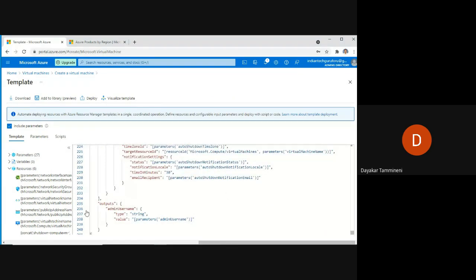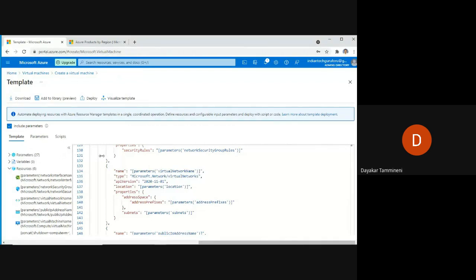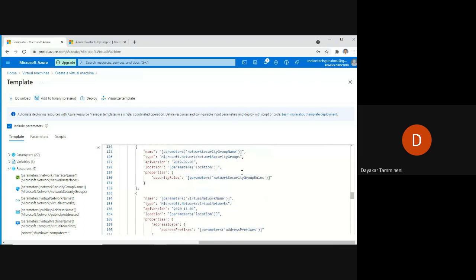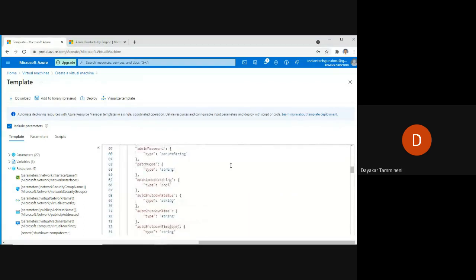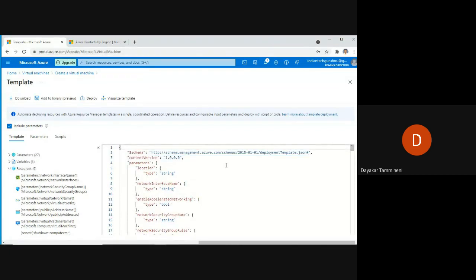Okay. You can see a huge number of lines of code is there, 241 lines. But don't worry, it is not programming code. It is just JSON code. JSON is similar to XML. So in XML, what will be there? Name value pairs will be there. Like this, here also, it is going to represent the name value pairs. What is the name of the parameter? What is the value for the parameter?